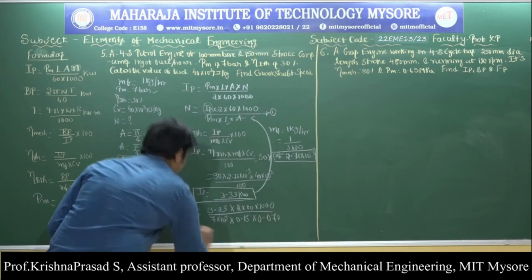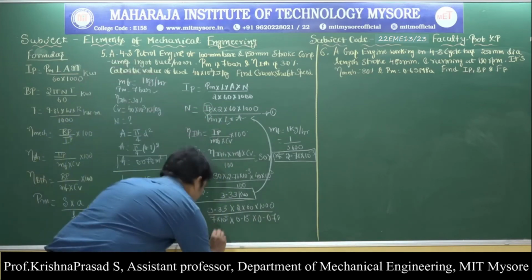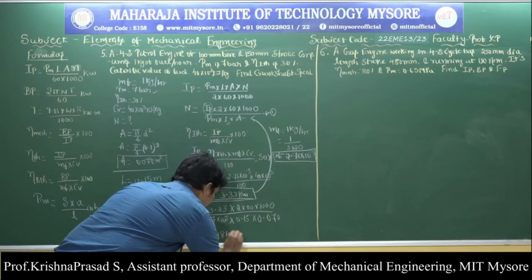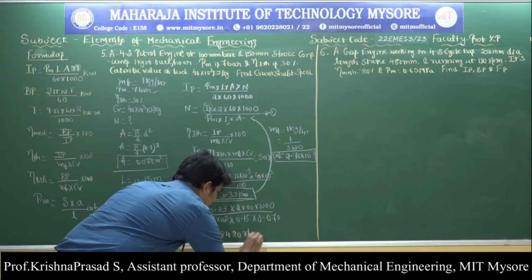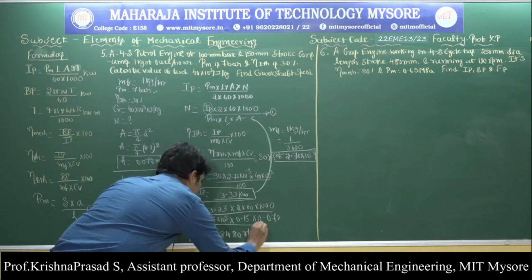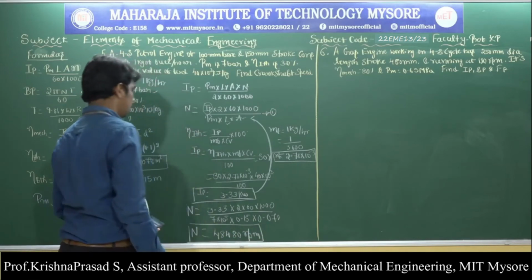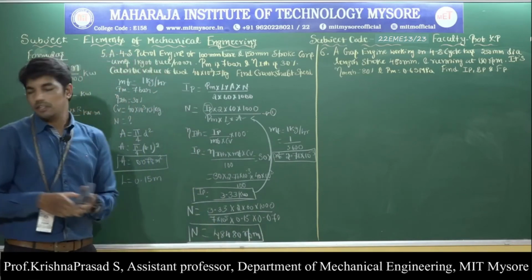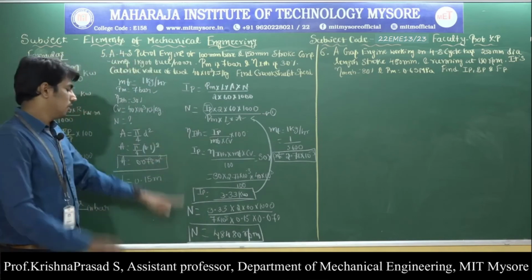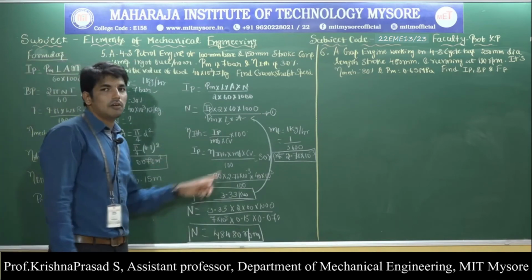After the simplification, speed is equal to 484.80 RPM. So this is regarding the calculation of crankshaft speed and the indicated power with the help of